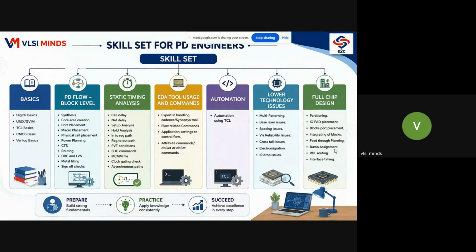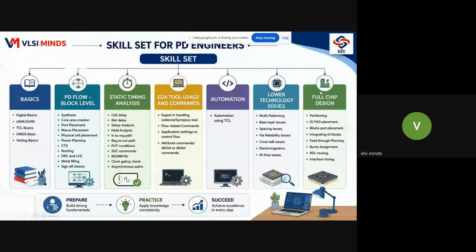And there are other bumps like VDD and VSS bumps. VDD VSS bumps will connect to straps. How to do this? Bump assignment and RDL routing will connect your chip routing to the package, and from the package to your chip routing. In between you have bump and RDL. Then you have interface timing. You will be handling reg to reg paths, but in to reg and reg to out, that is between two blocks. So how to handle that interface timing?